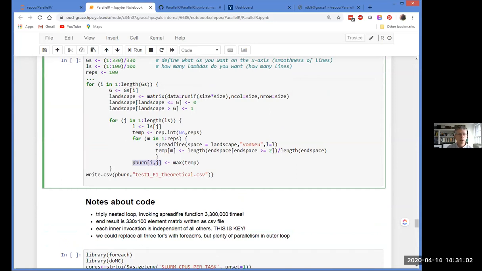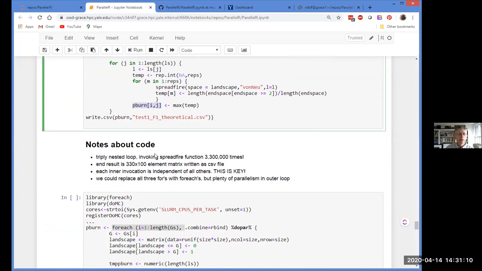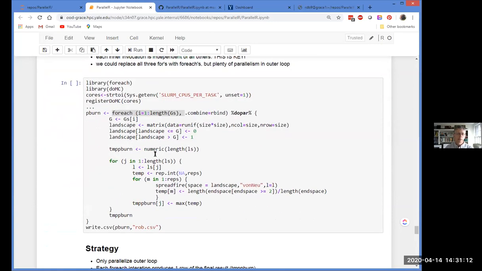We do an I, do a J, calculate something, and write it into that element of p-burn, a two-dimensional matrix. What I want to do here is, instead of constructing the whole two-dimensional matrix, construct a one-dimensional matrix, or vector, of just one row of p-burn. I'm going to call that temp p-burn.